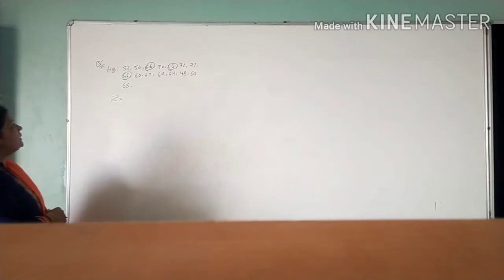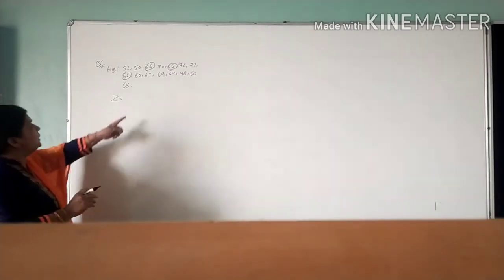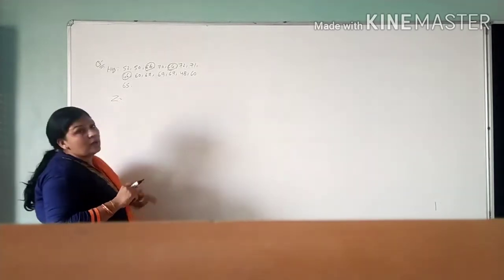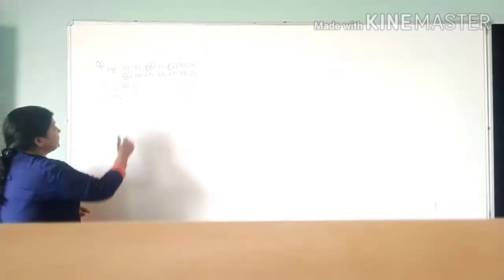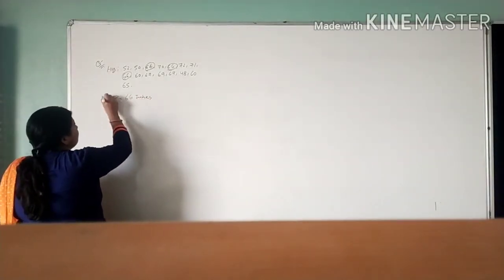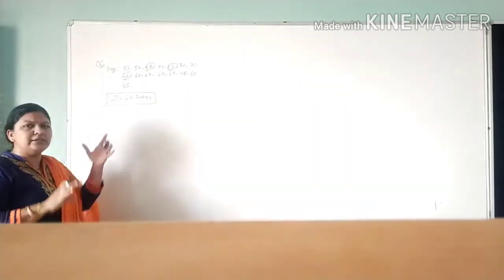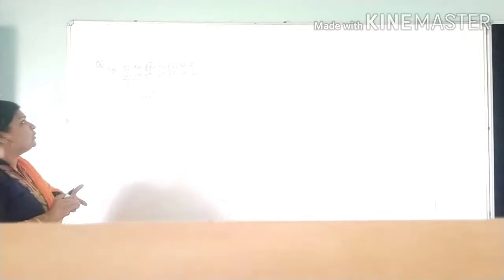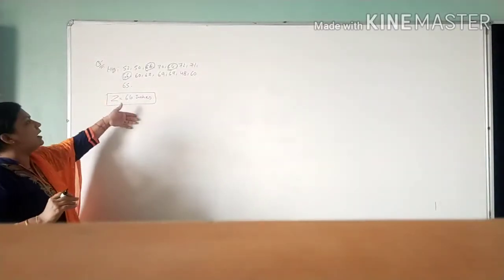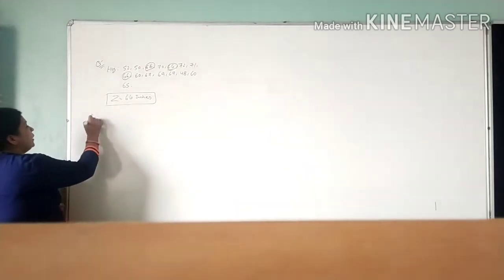So this is a 66, and in 310 and 60 only 2 times is there. Fine. So I think this is a 66. So 66 inches is your answer. ठीक है? जो most frequently है वो आपका आंसर है for individual series. Individual series के लिए Z बहुत easy हो जाता है. You just see that answer. If the most frequently ज़्यादा use कौन सा होगा? 66. So that is your answer.